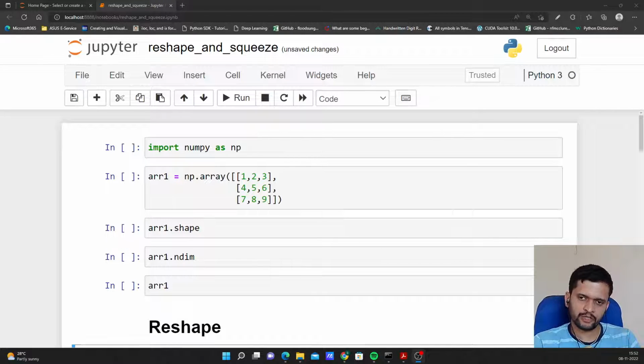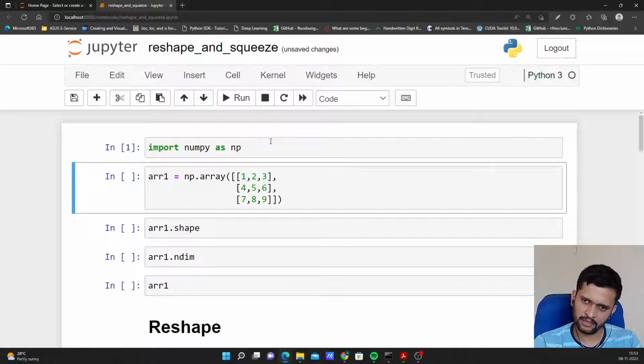In this video, we will talk about two methods with respect to NumPy arrays. One is reshape and another one is squeeze. So let's get started. I have opened a Jupyter notebook here and I am importing NumPy as np,